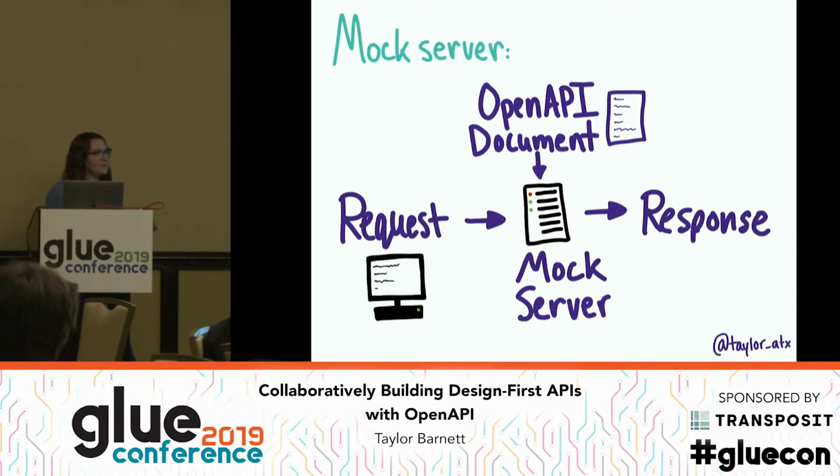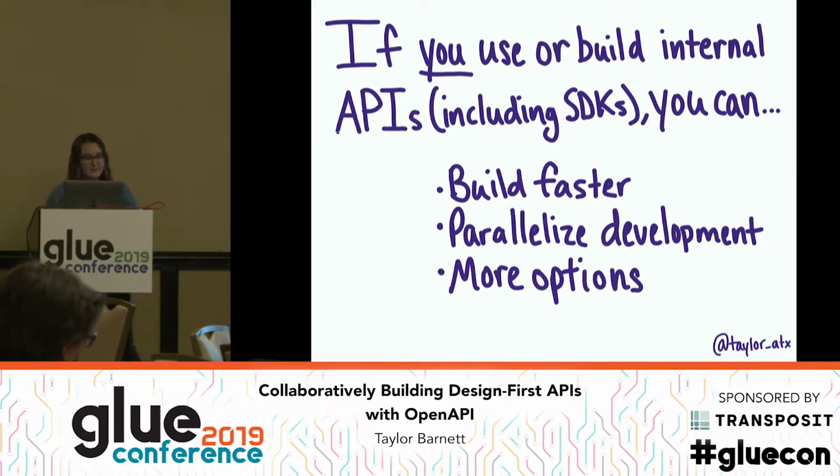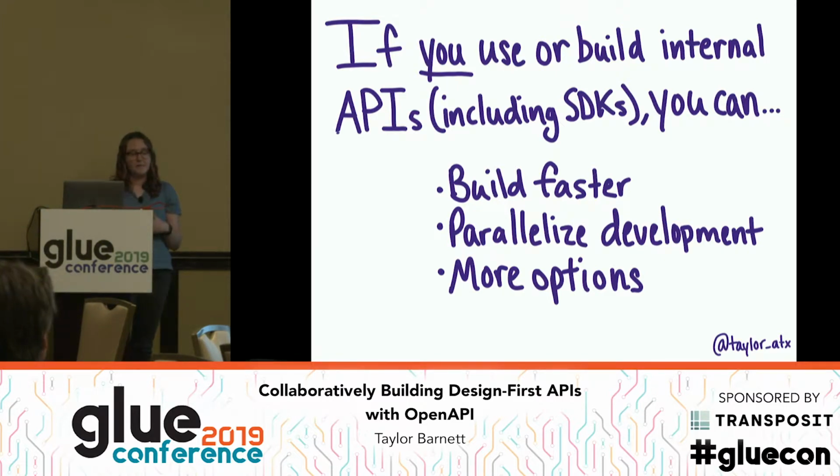So I usually say, try to find what that thing is that clicks with the developers on your team, because sometimes they don't necessarily see it right away. If you're using internal APIs, including if you're building out SDKs, it helps you build faster. You can start parallelizing some of the development process of both the consumer and the provider side of the API. After mocks are set up, a team that is consuming that API can start hitting that mock